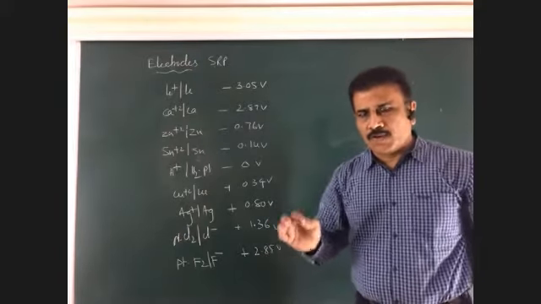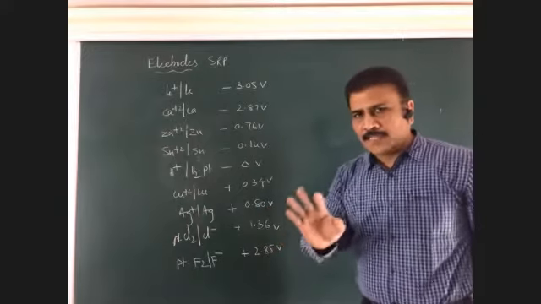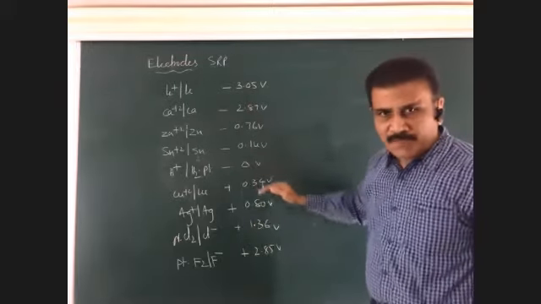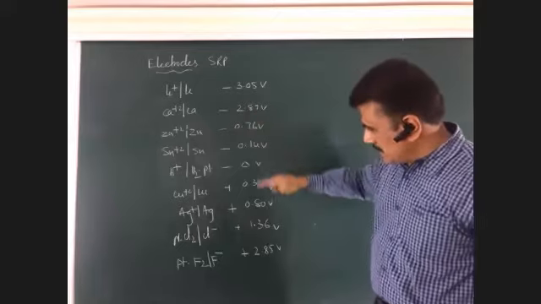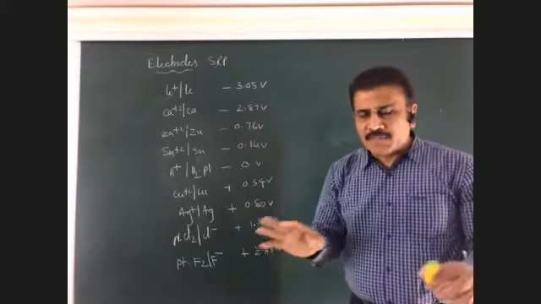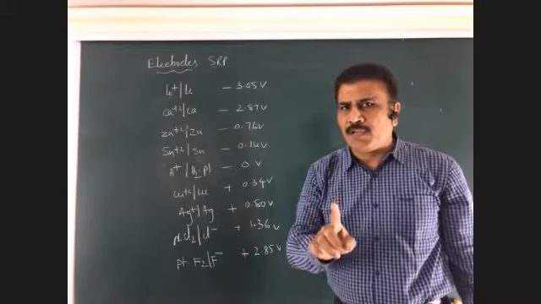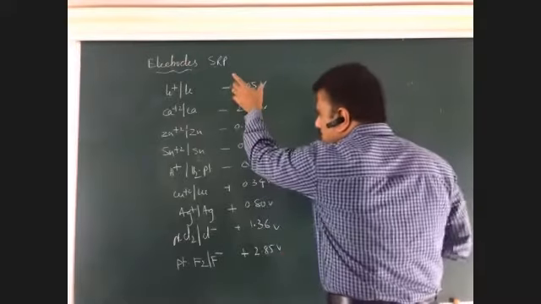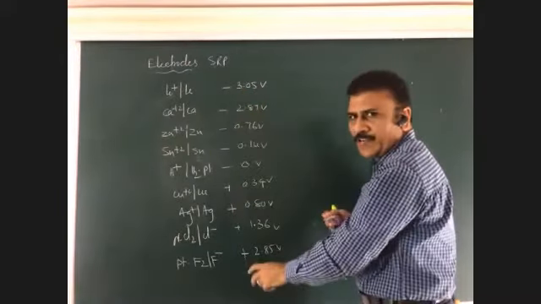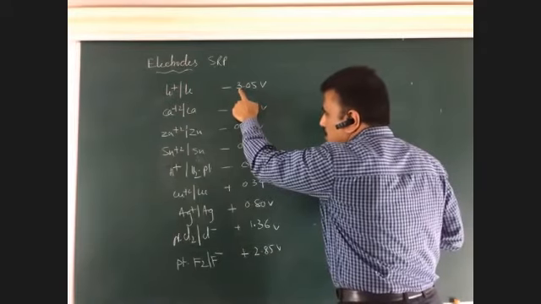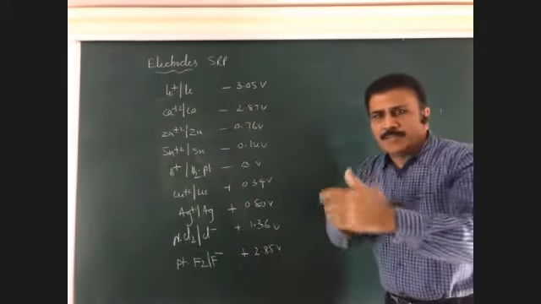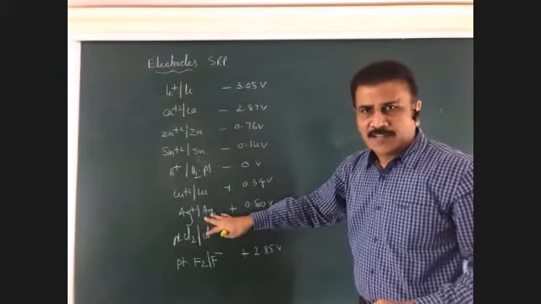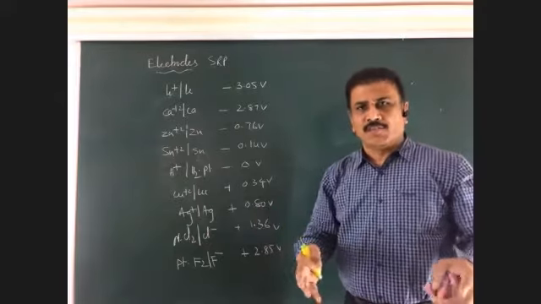Now look at one more important point I am discussing. In examinations, different electrodes may be given, A, B, C, D, likewise. These values may be given. Say, four electrodes. After seeing the four electrodes, you should be in a position to write the electrodes in sequence. That means whatever I have written here, in a similar manner you have to write. I have written the SRP values from lowest to highest. You should not write them in a zigzag manner. So this is the way of writing. Once you write this order, then you will be able to understand so much chemistry. What is that? Look at this.